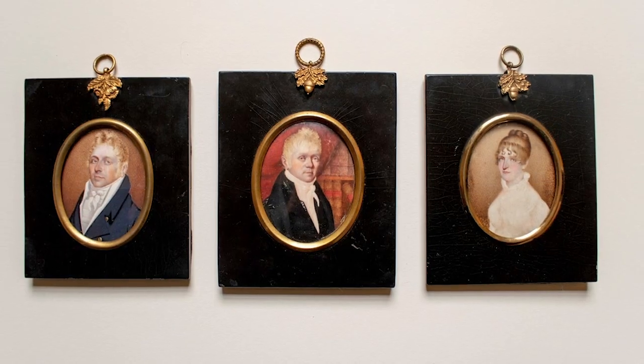And John Smart would have been one of the most expensive artists she could have sat to. So she's gone right to the top there. But right then to the top. Right to the top. But then the Digweed family, which I think you've acquired fairly recently, they're painted by an